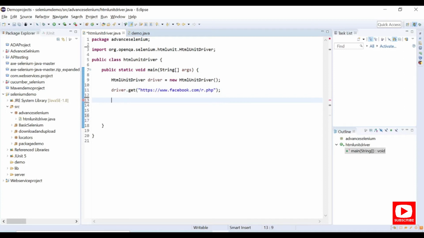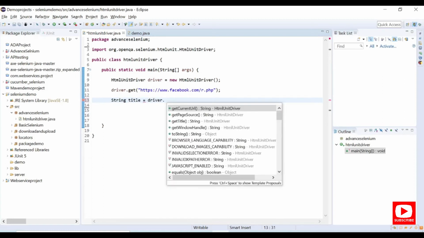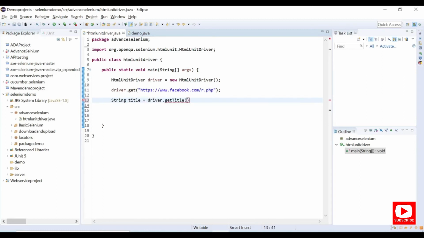So let me store that in a string title equal to driver dot getTitle, and after that I will say sysout, and I will print this title in that sysout. My page title is, and I will append my title here, title.